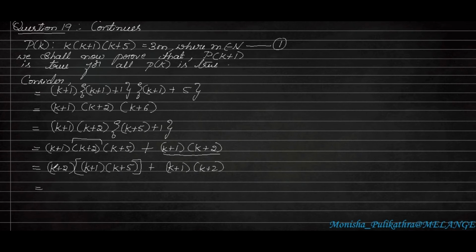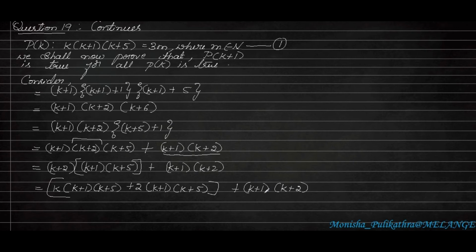So here what happens, from this k plus 2, both the terms we have to multiply the whole thing. That is, in the first case, k into k plus 1 into k plus 5. So from k you are multiplying both the things, again with plus 2, plus 2 into k plus 1, k plus 5. So k into k plus 1, k plus 5 and plus 2 into k plus 1 and k plus 5. So these two things you have to write as it is. That is k plus 1 into k plus 2.